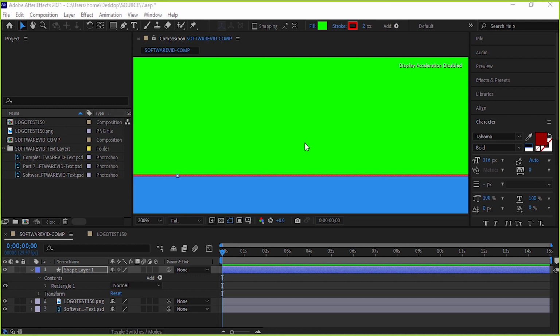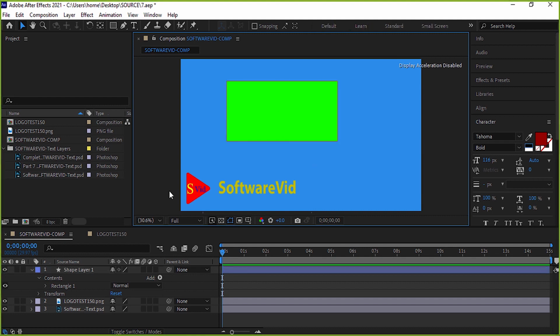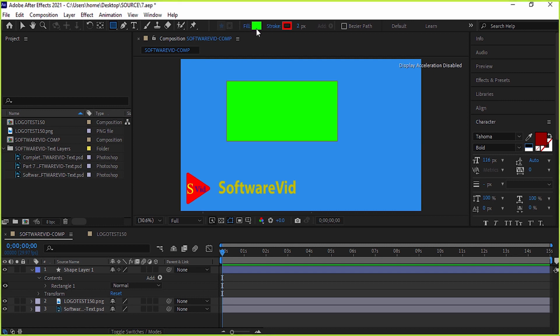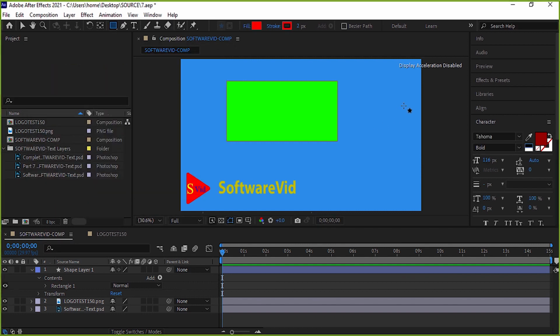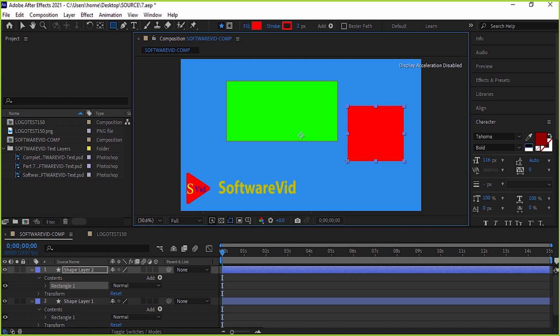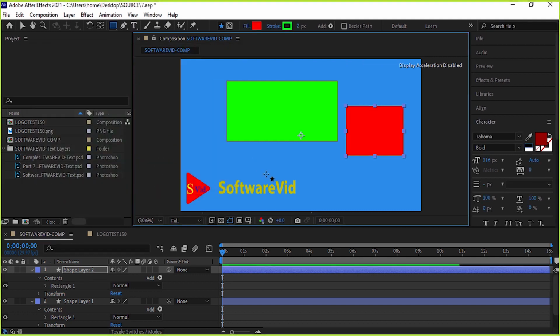Of course, before drawing the shape, you can also specify the color of the interior and the lines around it. To do this, first click on a space in the timeline panel to select one of the shape drawing tools. For example, click on the rectangle tool icon. Now you can change the color of fill and stroke using the instructions given. Then, if you draw a rectangle with the click and drag of a mouse, you will see that the inside and outside lines of this rectangle are covered by the selected colors.